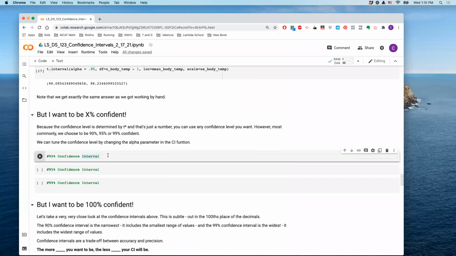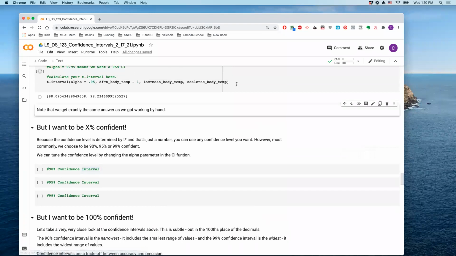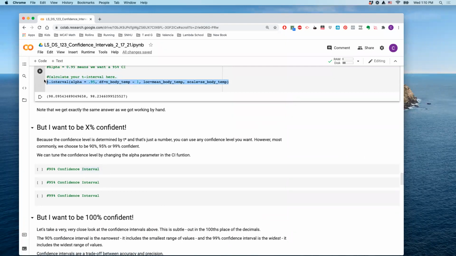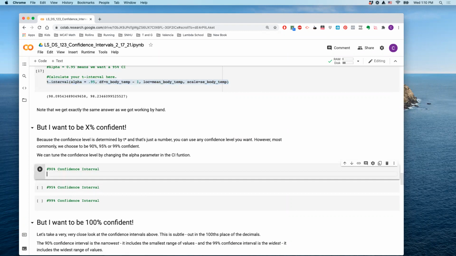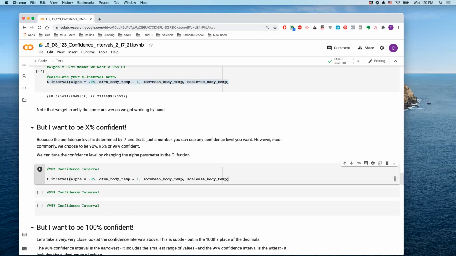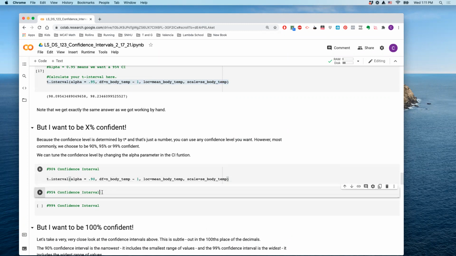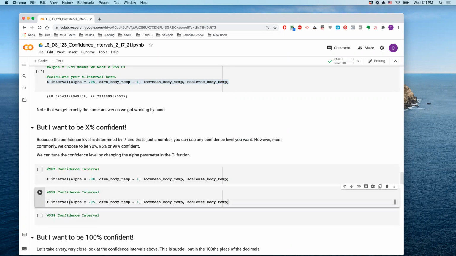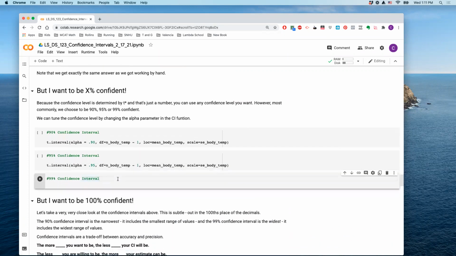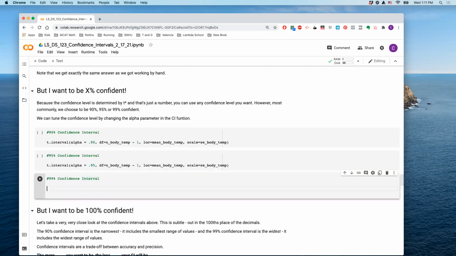So it's a little bit hard to see here because we are dealing with pretty similar numbers, but if we rerun our confidence interval statements here, we can change this and make a 90% confidence interval, and then we can look at a 95% confidence interval, which we just did before. And then we can look at a 99% confidence interval.